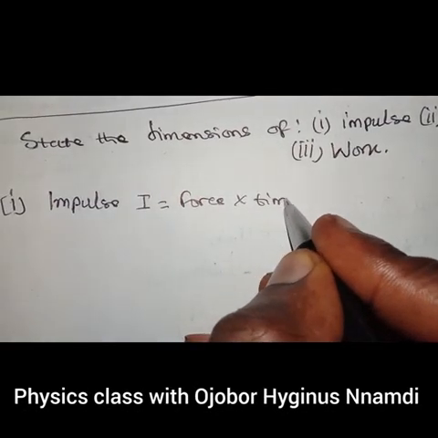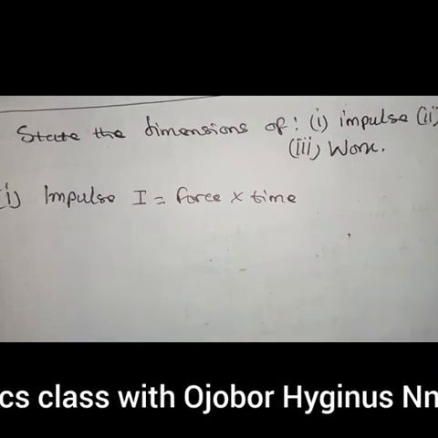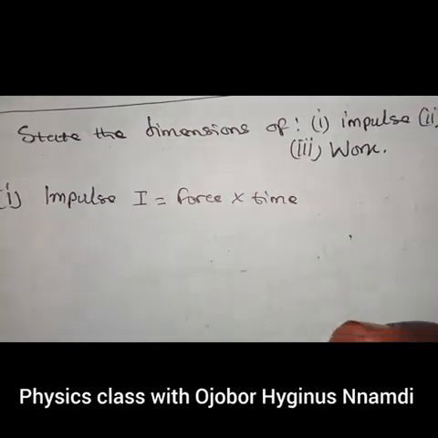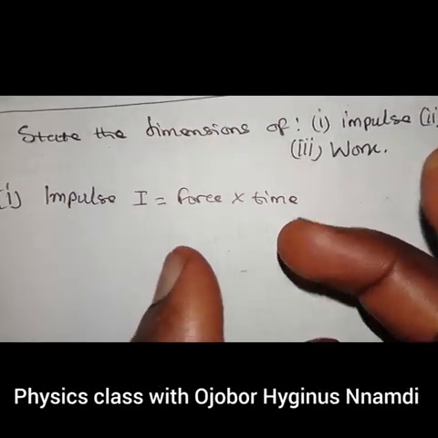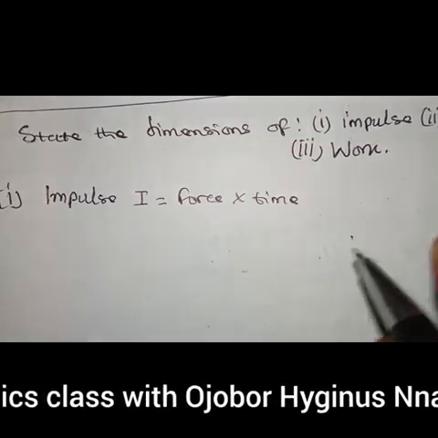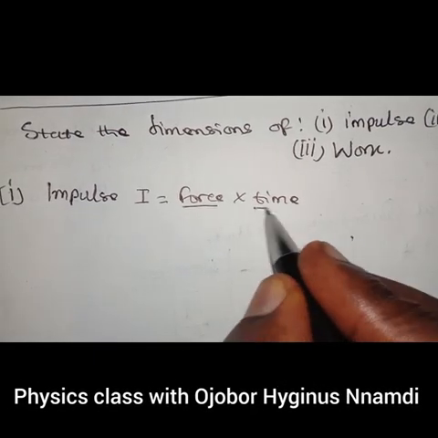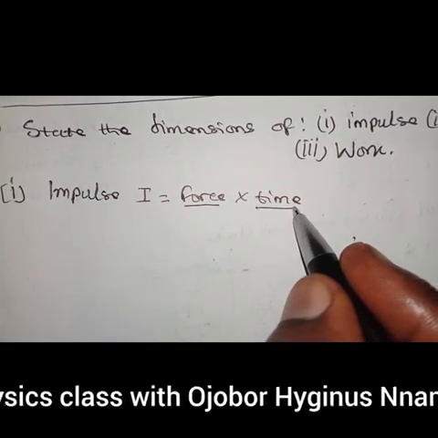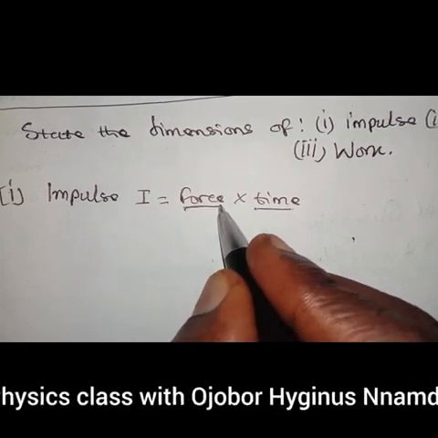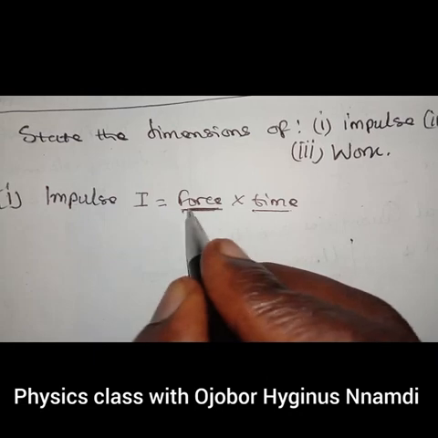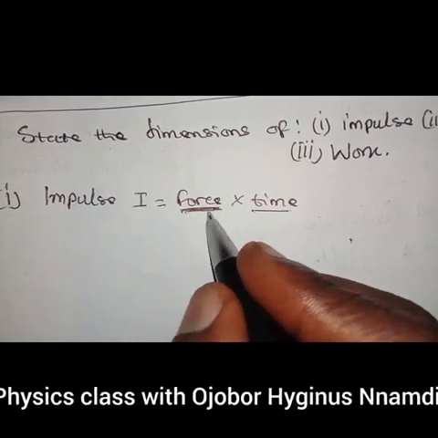Product of force and time. So what do we do? To determine the dimension of any physical quantity, we must break down this physical quantity to contain only fundamental quantities. Now, if you look at the formula for impulse, we have force and we have time. Time exists in the fundamental quantity, but force is not. So we are going to break down this force until we get those quantities that are in the fundamental quantity,